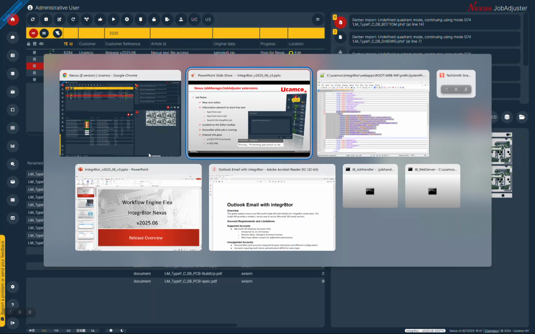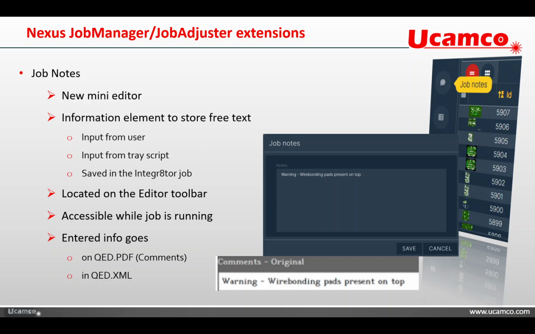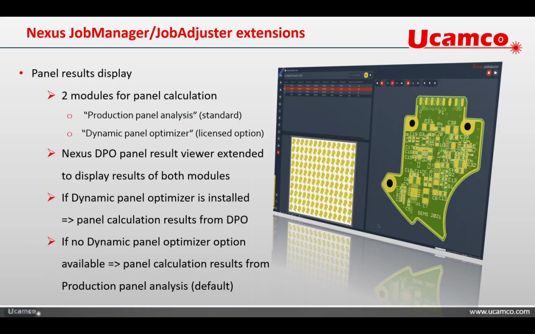Let's go back to the, where were we? I think this is the one that we want. Yes, it is. To the presentation. So this was the job notes, the new editor. Then there is something new with the panel results viewer. As you probably know,